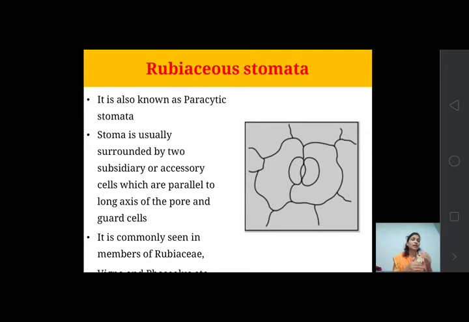So how can you remember that point, that is parallel. If you see parallel subsidiary cells in the picture, or on any type of leaf surface or stomata, then it is paracytic or rubiaceous stomata. So let's move to the